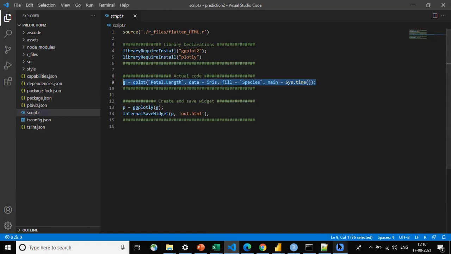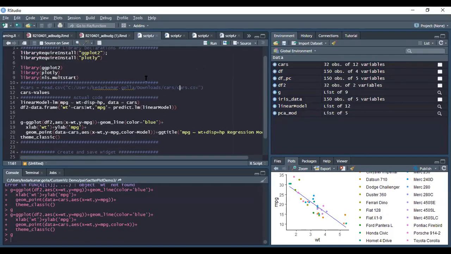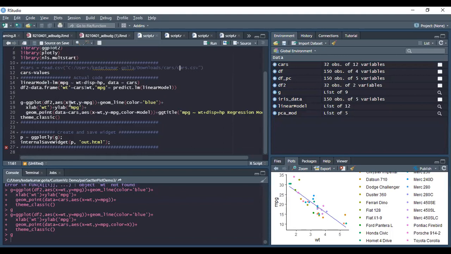For that, we can use either Visual Studio Code to edit our R code, or we can use RStudio. So I'm sharing my RStudio. This is the prediction-related plot which I showed you in Power BI.